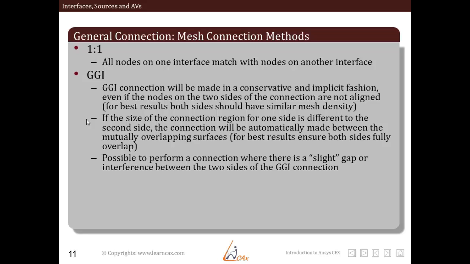And it is possible to perform a connection where there is a slight gap or interference between the two sides of the GGI connection. So it is allowed. This type of slight gap is also allowed between the two interfaces, and we have automatic mesh connection, which will try to make a 1:1 connection if possible. Otherwise, it will make GGI. So these are the three mesh connection methods that are